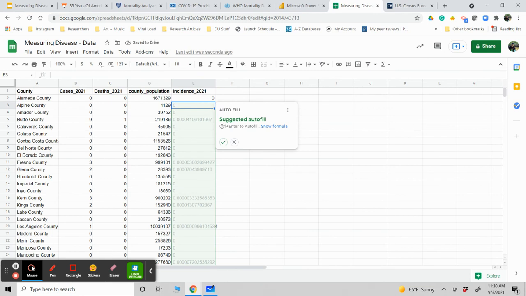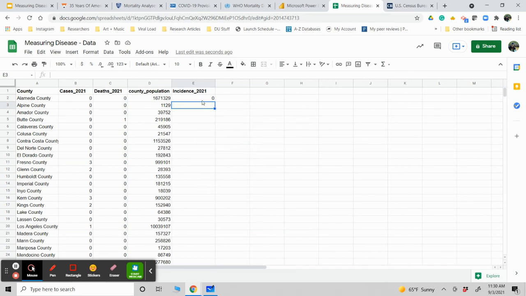It may or may not give you an autofill option. Let's say I want to reject this for a moment. So this tells me that the incidence rate in Alameda County is 0, which makes sense because there were 0 cases. Now, you could, if you wanted to, go down and type a new equation for every county,